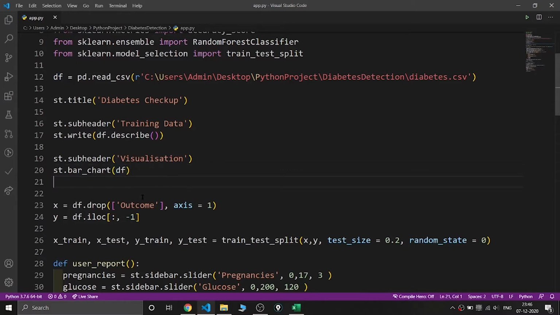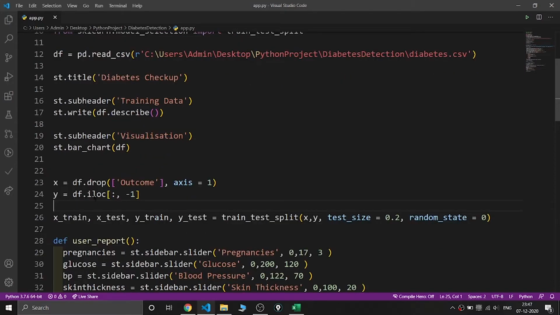After this, you know that my X data, that is my columns, all my features, should not contain my outcome, because outcome is going to be my result. So I have stored that in my y variable, and all the other features I have stored in my X variable. X is going to be df.drop, that means I am dropping the last column, right? And y is equal to df.iloc, all the rows and only the last column. This is the meaning of this statement.